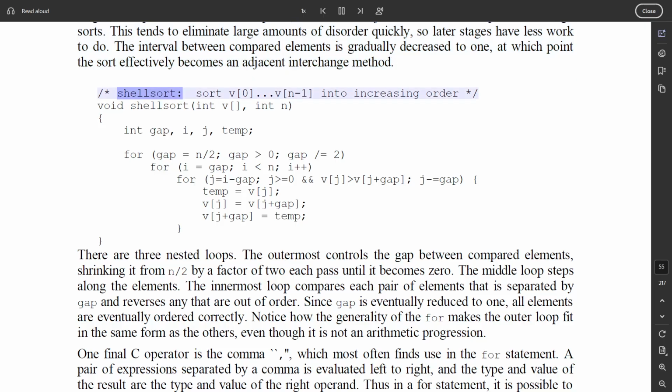/* shellsort: sort v[0]...v[n-1] into increasing order */ void shellsort(int v[], int n) { int gap, i, j, temp; for (gap = n/2; gap > 0; gap /= 2) for (i = gap; i < n; i++) for (j = i-gap; j >= 0 && v[j] > v[j+gap]; j -= gap) { temp = v[j]; v[j] = v[j+gap]; v[j+gap] = temp; }